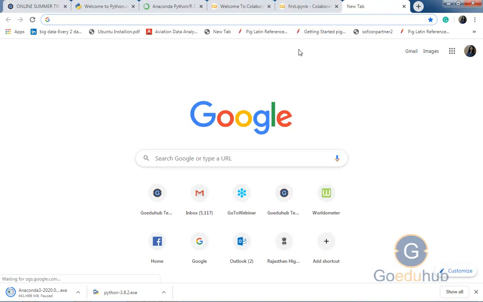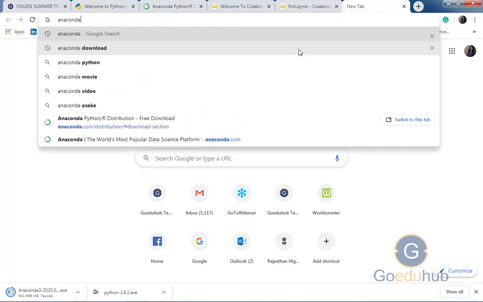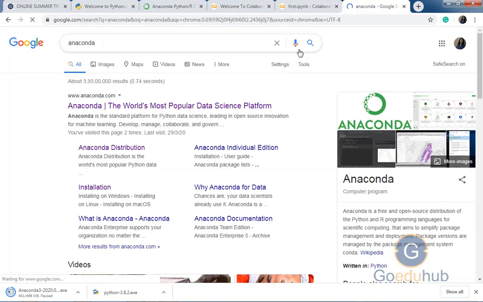Just type Anaconda into Google. You can see here is the website, that is www.anaconda.com. Anaconda, the world's most popular data science platform. It's a standard platform for Python data science, leading in open source innovation for machine learning.